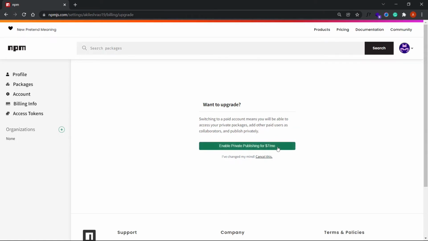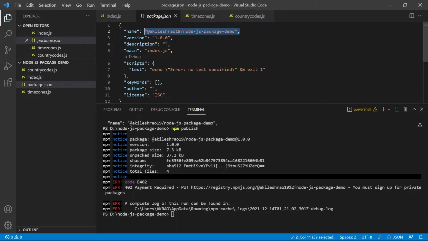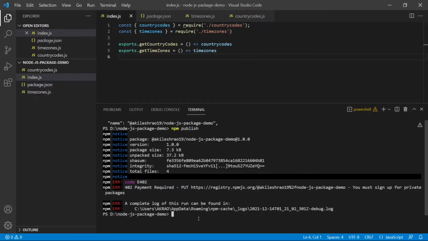As you can see here, to enable private publishing, you need to pay $7 every month. So this basically means that when publishing this scoped package, you'll need to add the access public flag, because by default it will consider the scoped package as a private package.